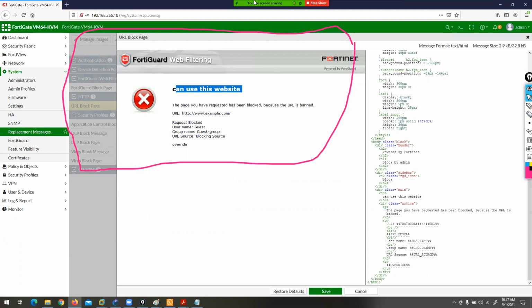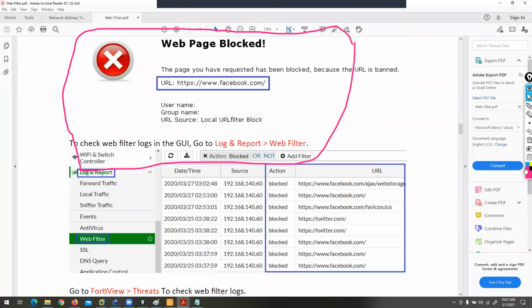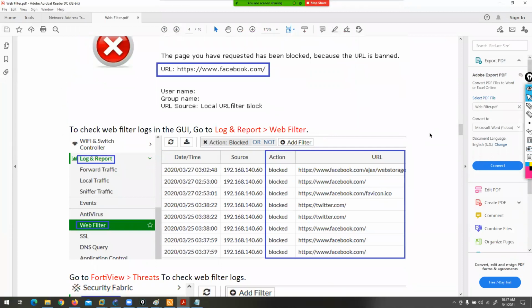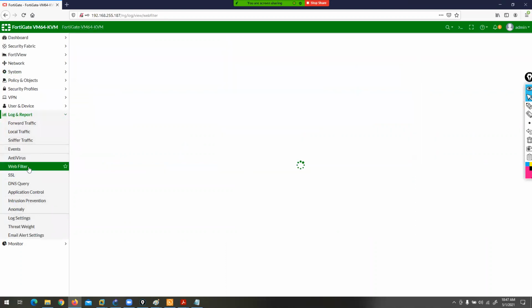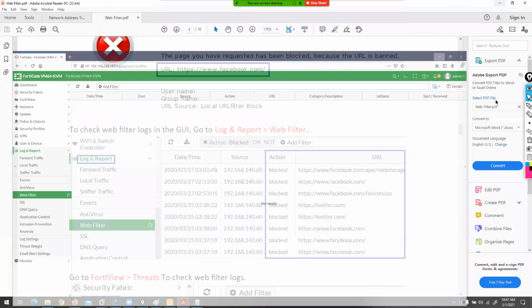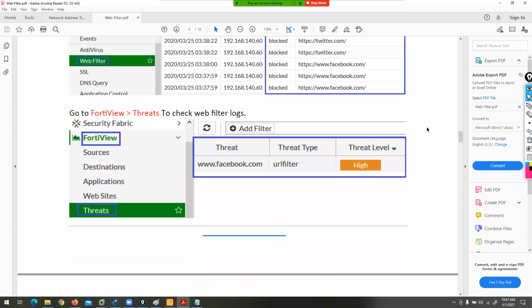Is that clear, Nandkishore? Yeah. Now, this is the response page. You can get some log information if you want to verify it. In the web filtering option, you can go and click on Log and Report. In Log and Report, you click on your web filtering option, and you can get a log. This is the format: the time for this log, the source, what action is blocked, and the user is trying to access this IP address, this specific URL. So you can get a proper log in your Log and Report web filtering option.